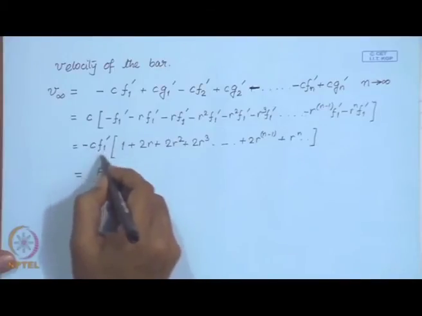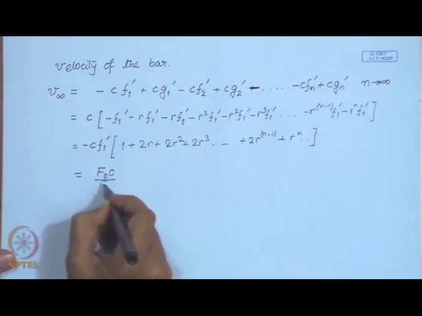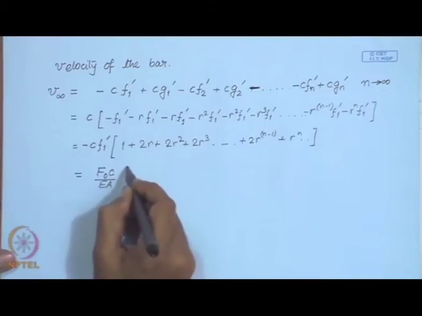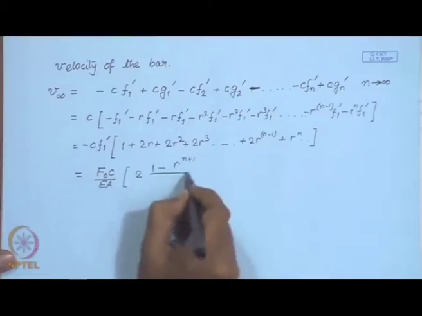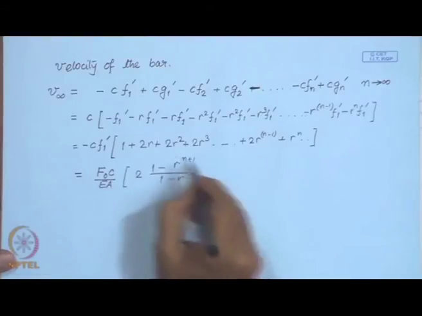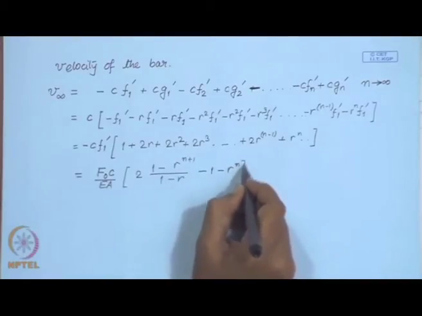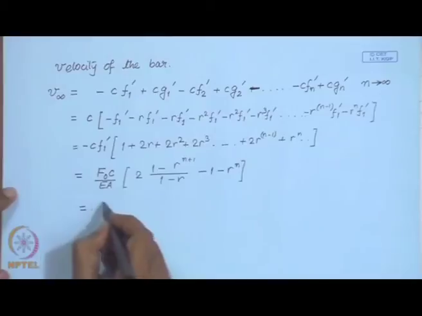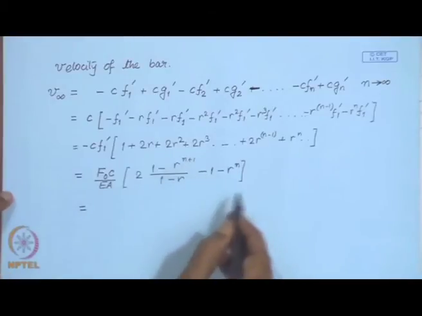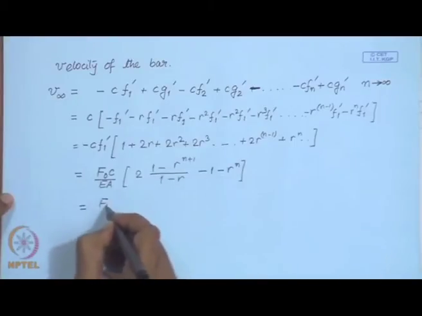We have this expression of f 1 prime. So, using that we can write this as, this can be cast as a geometric series and summed up. So, this when n goes to infinity, this sum simplifies,